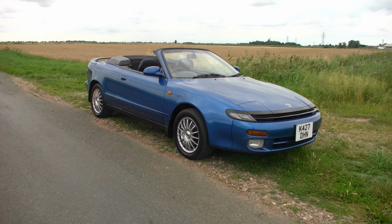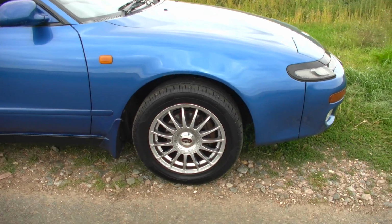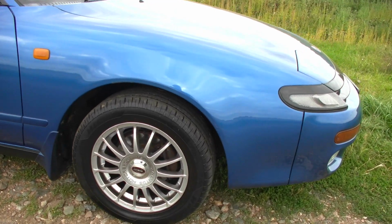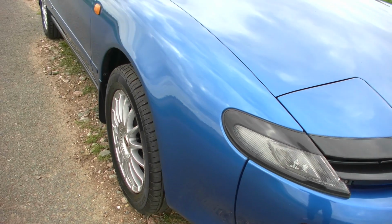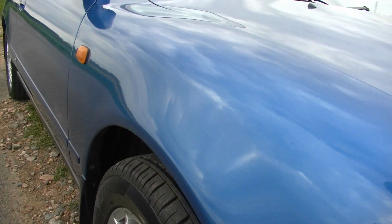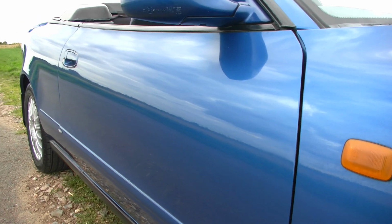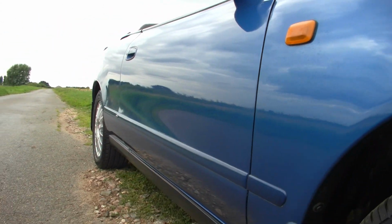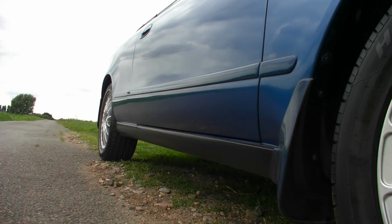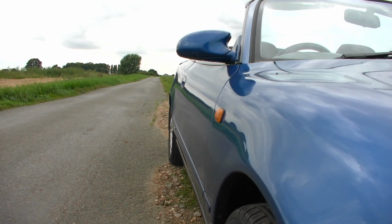I'm now going to take this opportunity to show you around the Celica in a little more detail. This will be on a panel by panel basis, so you can see all of the necessary detail of the bodywork of the car in this video. Starting at the front here, as we can see, lovely paintwork condition, very shiny, very glossy, and very reflective. Just panning down here, we can see how straight the bodywork is, with nothing untoward to report, and this colour